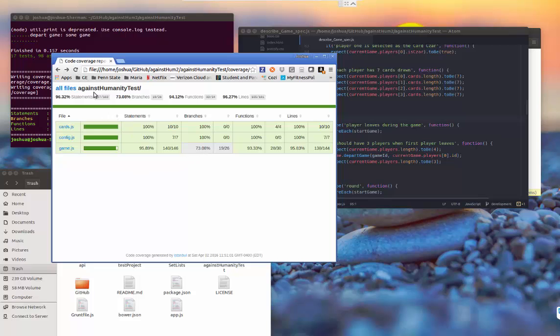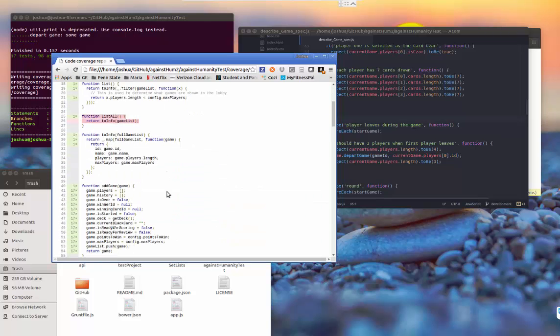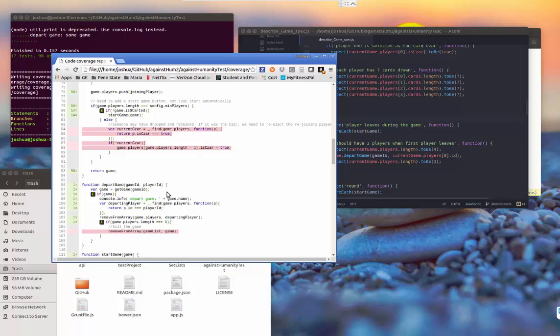And if we come back to the coverage report here, you can see that coverage is back up. And if we go into here and look, we can see that the depart game function has been covered mostly, except for this remove from array game, which occurs if there are no players left in the game. It kills the game. So that could be another test that we can